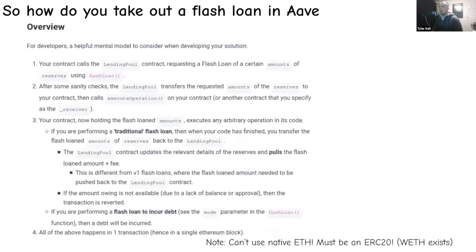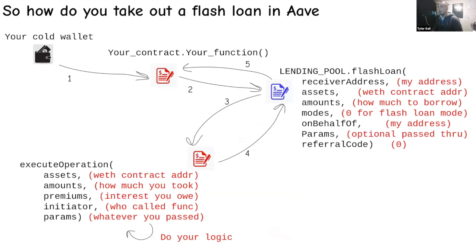So how do you take out a flash loan on Aave? Well, you read their documentation until your eyes bleed. And the documentation tells you how to do it, but I will explain how to do it in my own words from my own experience as well. So basically you have your account and you write a contract that you instantiate on the network, and you write some function for that. And then you send a transaction to the contract and call your function, which then